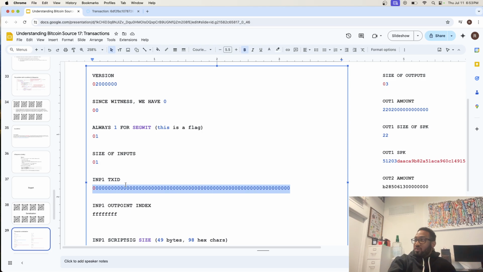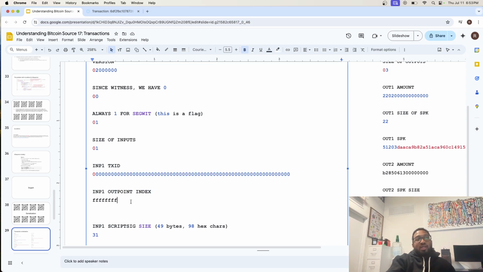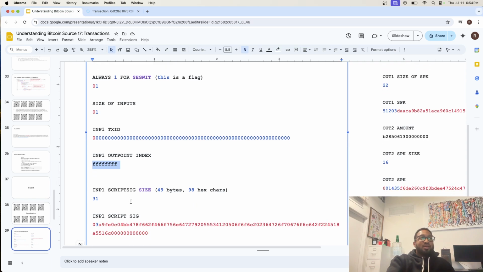And if the input is all zeros, then we definitely don't need this transaction ID since there's no reference, there's no 0 transaction. But to keep consistency with the data format in Coinbase transactions, you do reference this previous transaction, even though there's no previous one, right? It's making or issuing Bitcoin. Input 1 output index, again, is set to the maximum value. Why? Because there is no index of a previous transaction, you're issuing this Bitcoin.